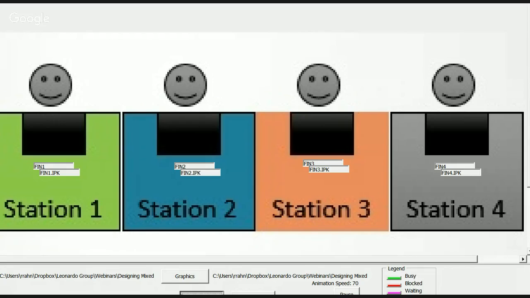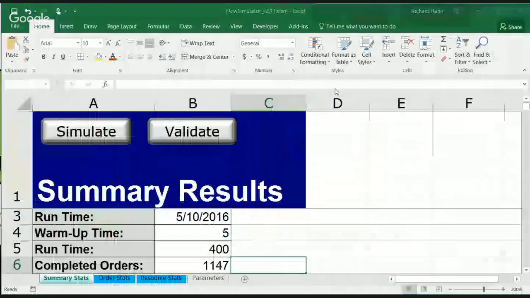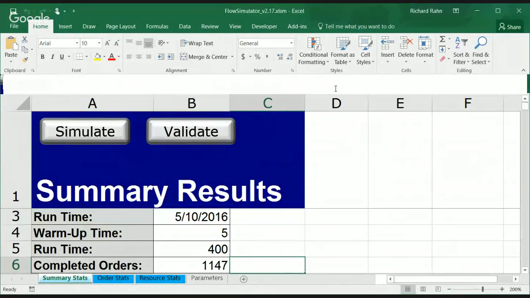So it's going to randomize that time within a certain range so that it's no longer 0.33 of a minute. It's going to be sometimes more, sometimes less, as we might expect. And the results are 1147. Okay, so our actual results, by the way, and I think this was because